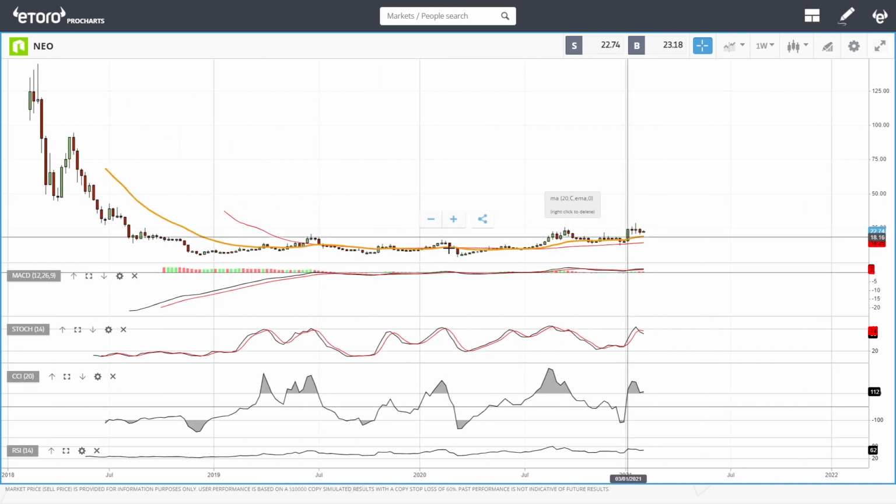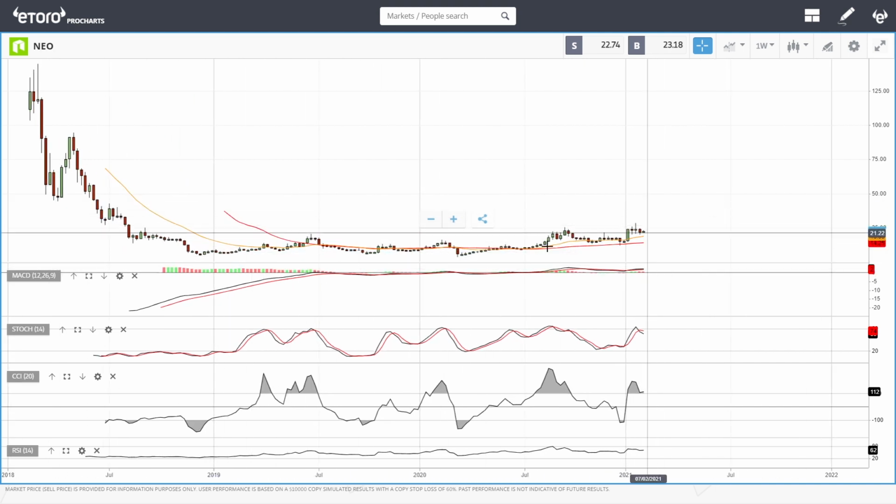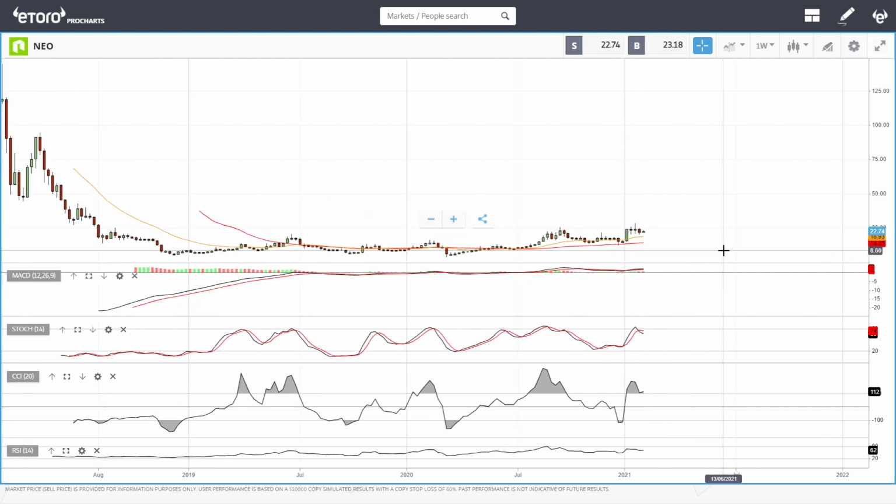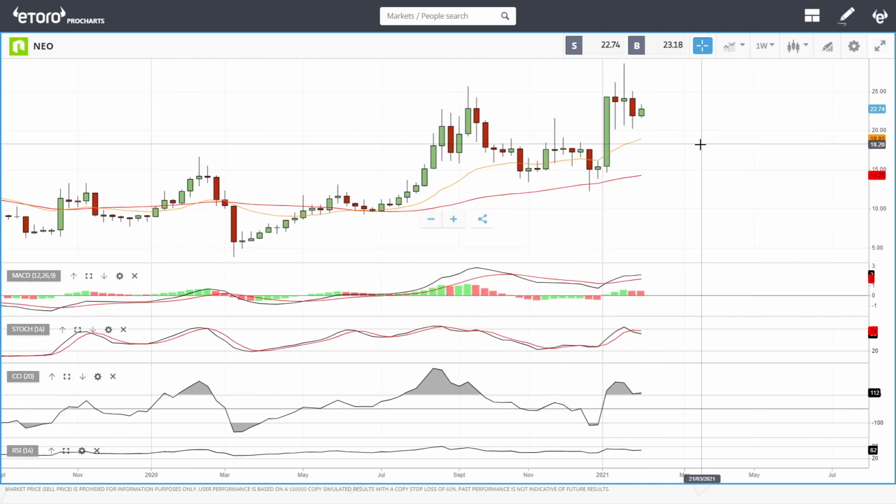So yes, I could see this in one year's time going up to 50, doubling your money, probably all the way up to 100 in one or two years' time. So the long-term perspective for this is looking really good, and also because it's used so commonly, it will probably soar at some point to the upside.